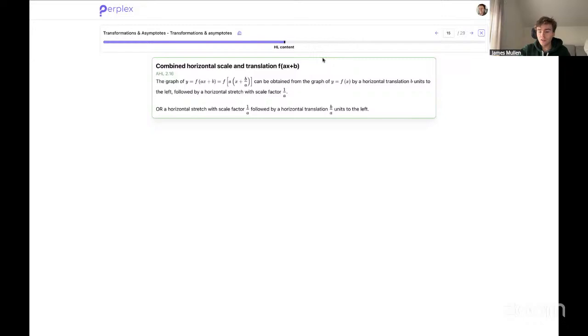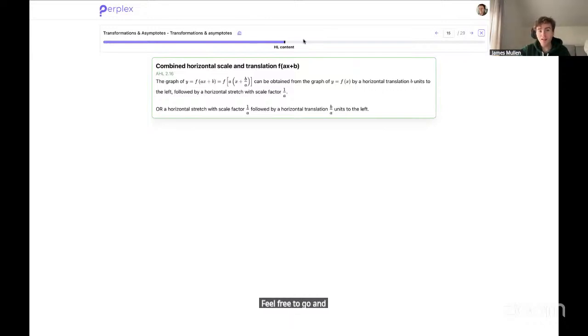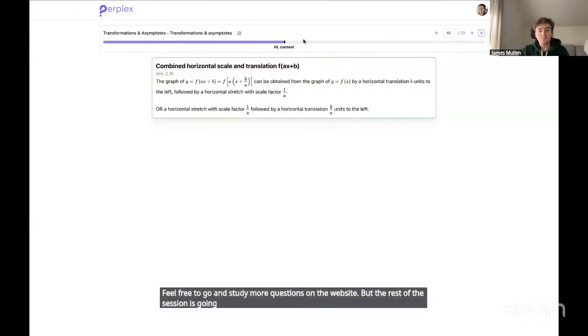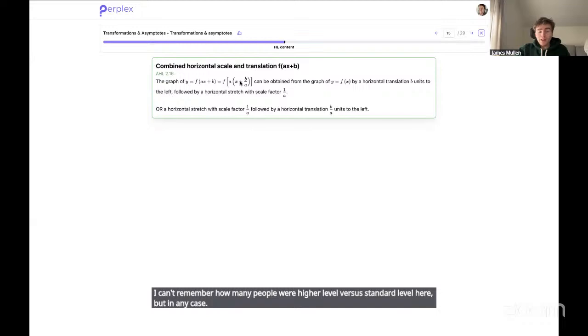Now, we're getting on to the HL content. So if you're SL, that was everything that we had for you today. Feel free to go and study more questions on the website. But the rest of the session is going to be higher level only content. I can't remember how many people were higher level versus standard level here, but in any case. So we're now going to talk about